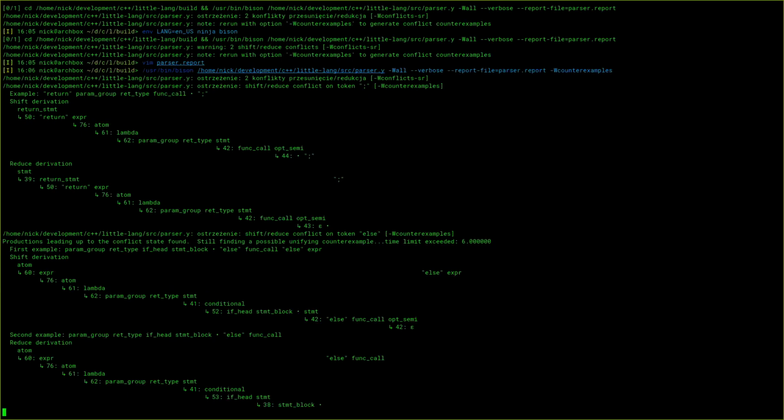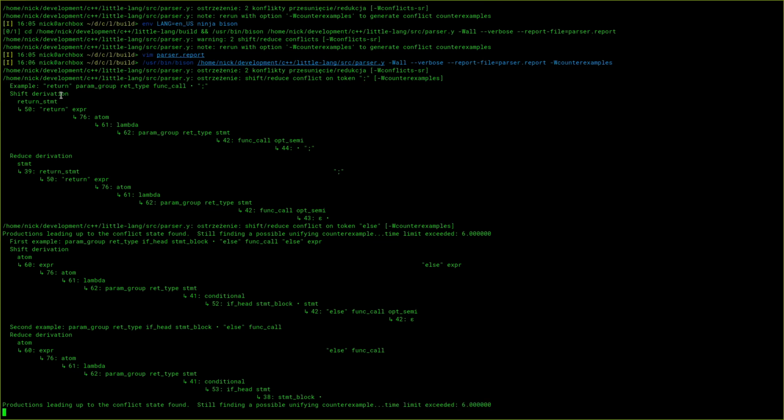So for the function call, what it's saying here, for function call one, is it saying, what if you have a lambda in a return statement? If you have a lambda in a return statement and the next thing is a semicolon. So something like